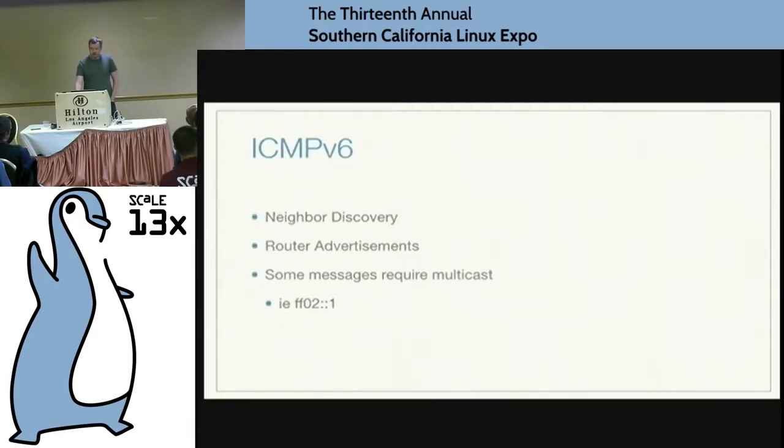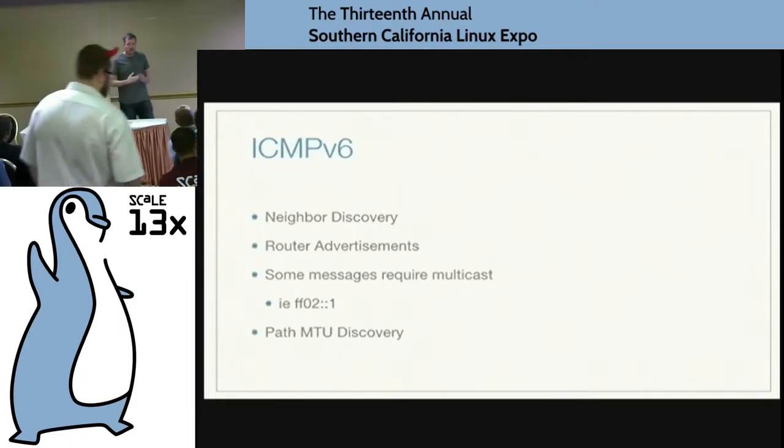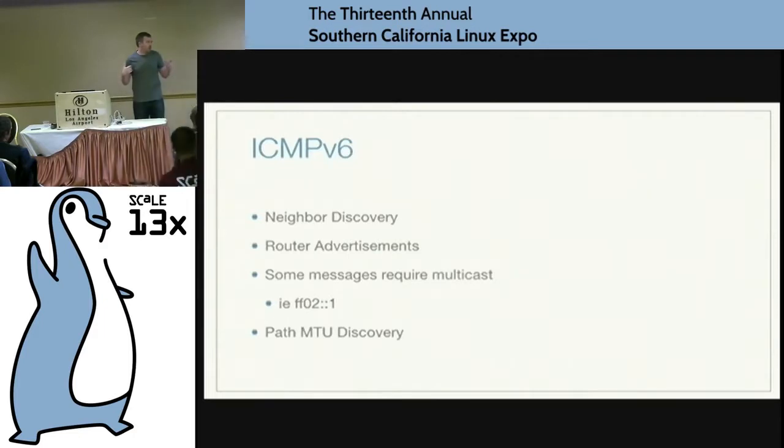Another one of the advantages, another one of the things I talked about, was path MTU discovery. So again, both endpoints are aware of what the actual maximum path size is, and that way the packet size from the sender is appropriately set for one that can reach the receiver. Before, in v4, you can actually be sending too large of packets, and somewhere in between that's getting fixed for you, and you may not know that you're sending traffic suboptimally.